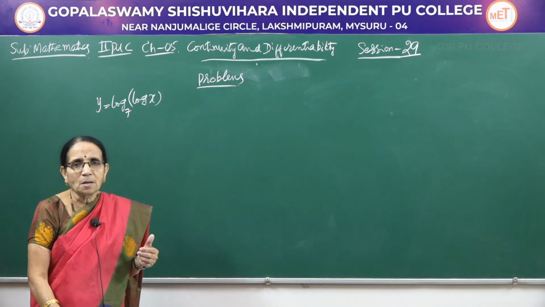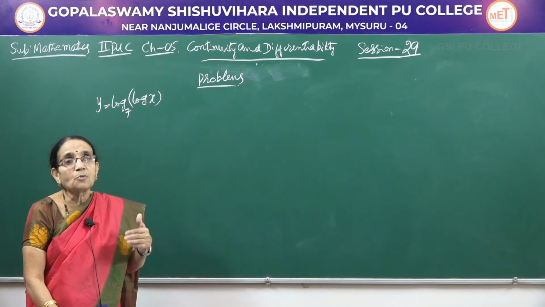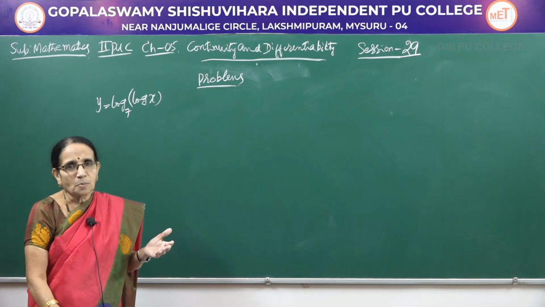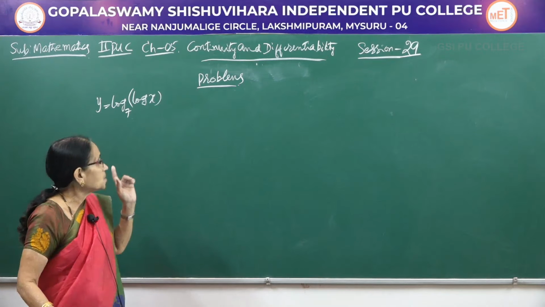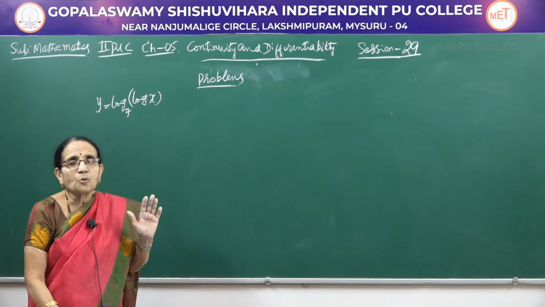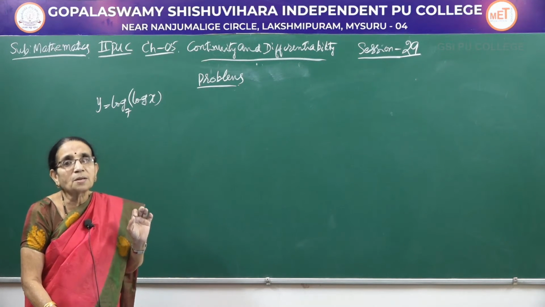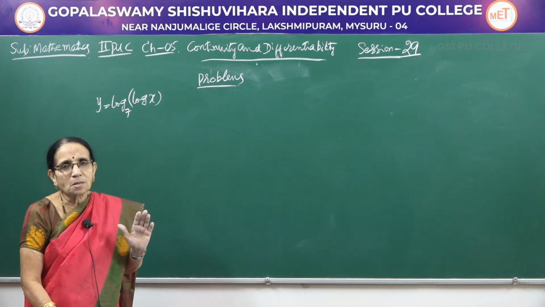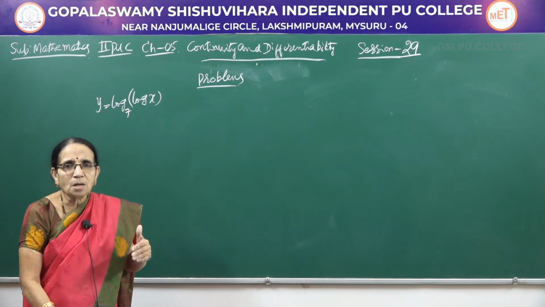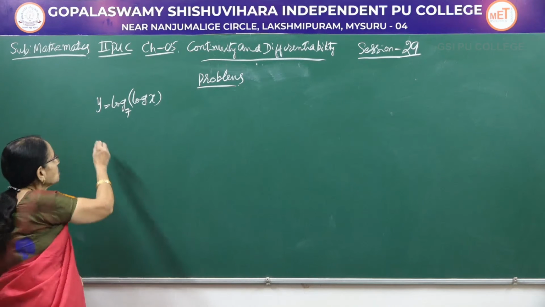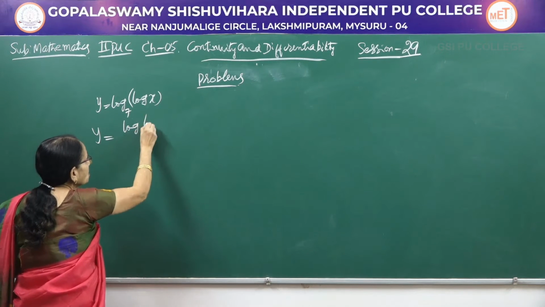Now at this stage, that's why I taught you in logarithm 4 laws of logarithm, log of mn, log of m by n, log of m to the power n, and all the 3 laws already we have used in working out the problems when we made use of the logarithmic differentiation. Whereas here I am using the 4th law of logarithm, which is called as the change of base theorem. So a logarithmic term can be written in the form of a quotient by changing the base. So I am writing this y as log of log x,